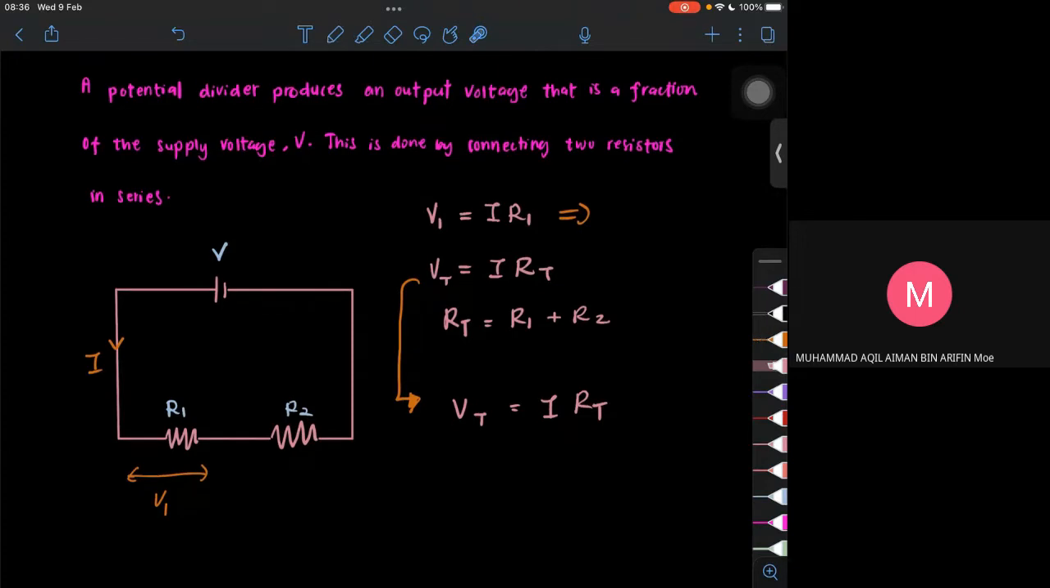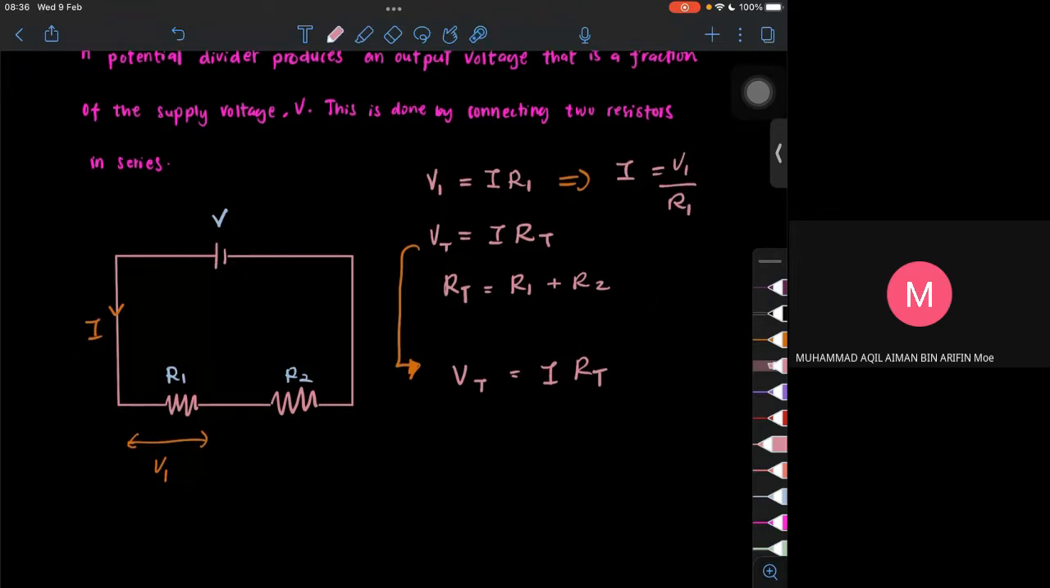So in order to substitute this I, we will take from the first equation here, from V1. So we will get I is equal to V1 divided by R1. And then you substitute this one to here. So V total is equal to V1 divided by R1 times with